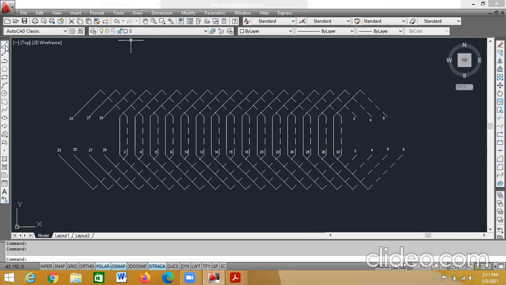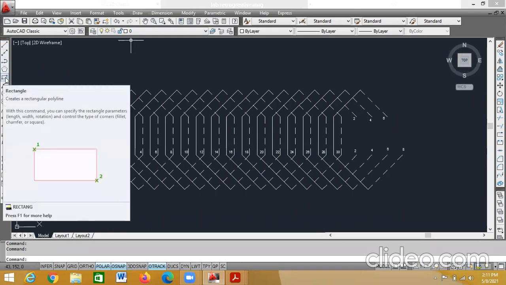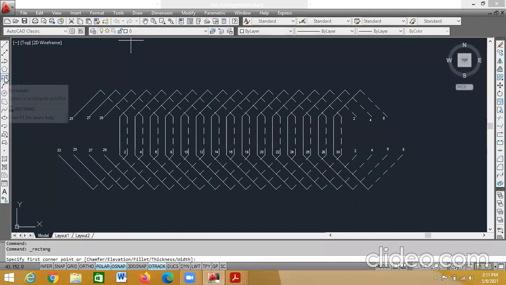See here, go to the draw toolbar. In the draw toolbar, you have something called the rectangle: line, construction line, polyline, polygon, rectangle. Click on the rectangle and now see the command toolbar. It is asking to specify the first point.